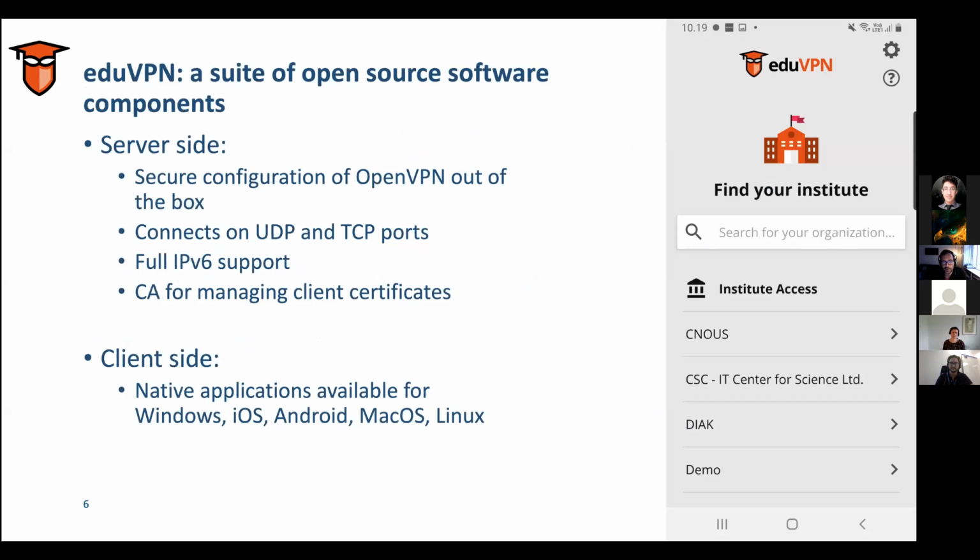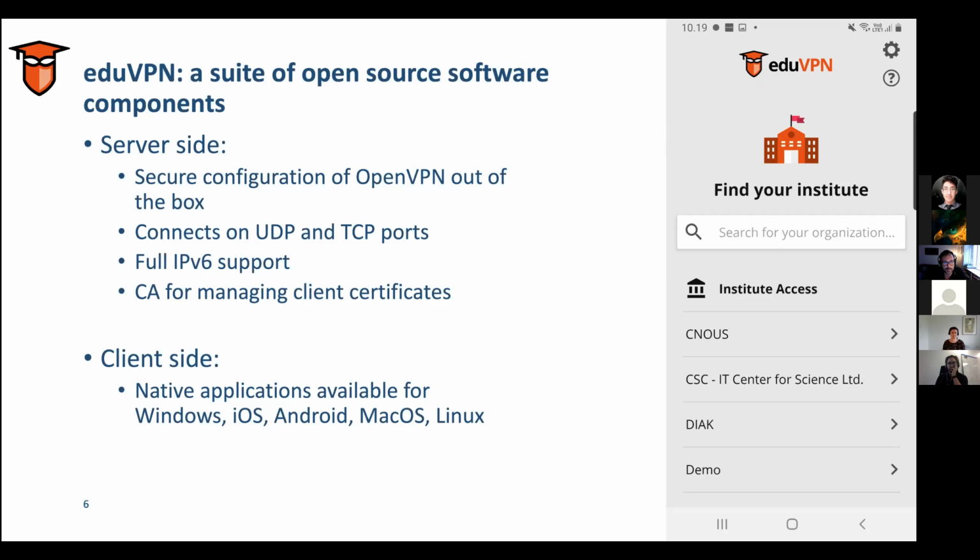And what we have currently is a number of software components. If you want to see all the details, the best place to start with is our GitHub pages. On the server side, currently, eduVPN in a way is a very secure configuration of OpenVPN today, with some other features.